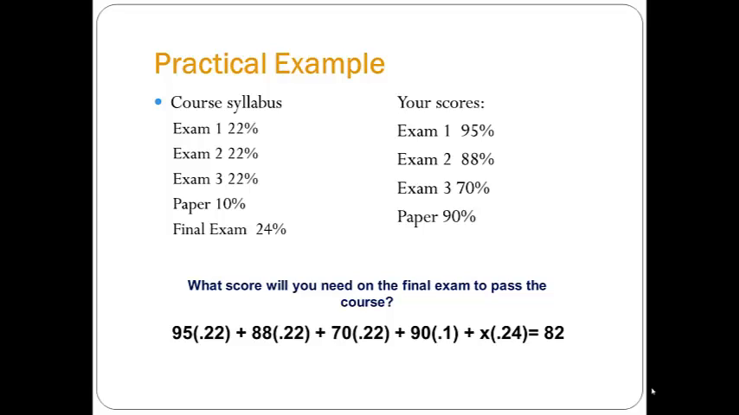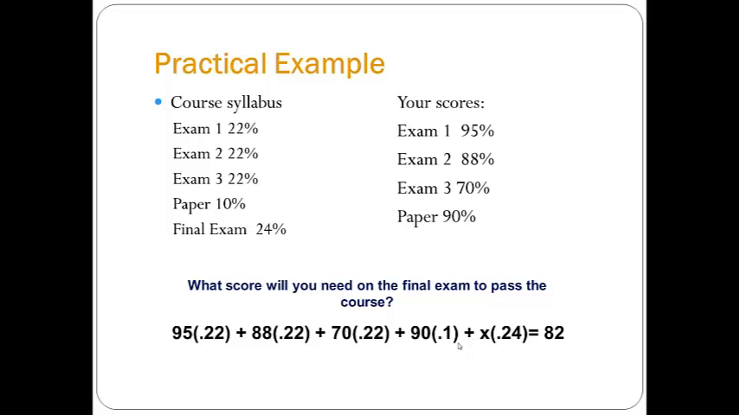To set up the equation, you take each score times its weight in the syllabus. So here we have the student's first score, 95% on the first exam, times its weight in the syllabus, which is 22%. Add to that his score on the second exam times its weight in the syllabus, which is also 22%. His score on the third exam times its weight in the syllabus, and add to that the student's score for his written paper times the written paper's 10% weight in the syllabus, and add to that,